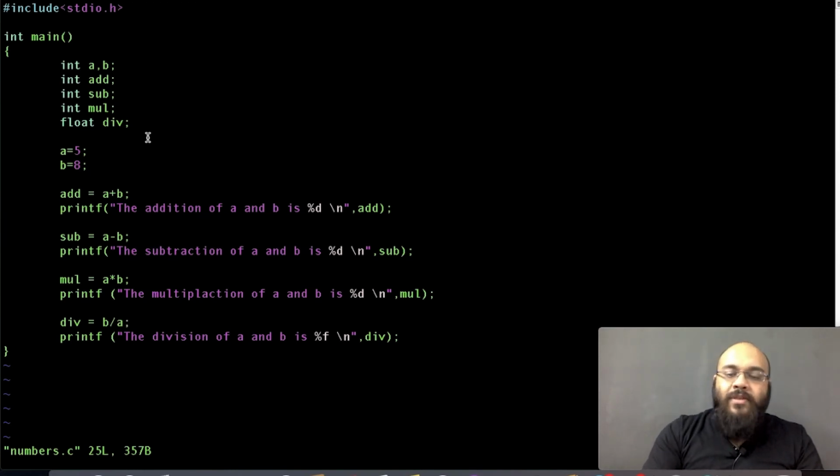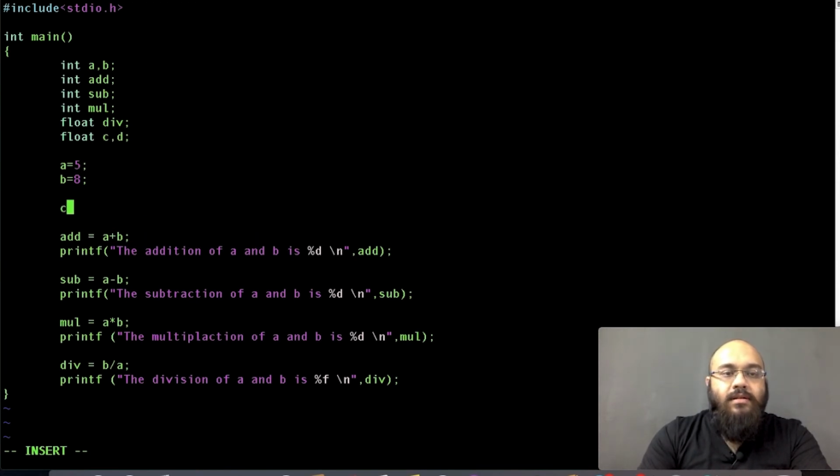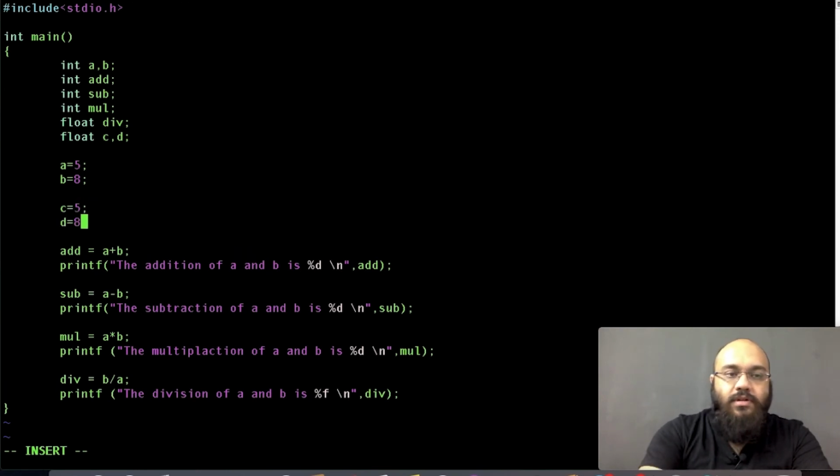Now to change this, I just define something called float c comma d, right? And then I give c is equal to 5, and d is equal to 8. And then I type here c by d.